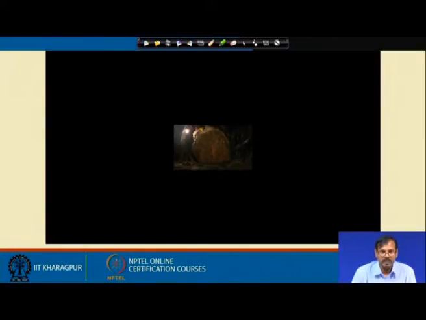This is an explosion in an underground case. You can see the holes are there, and it is now initiated, the connections are being blasted, and after the blasting of this connection, you will see the rock broken by the explosion of the explosive.